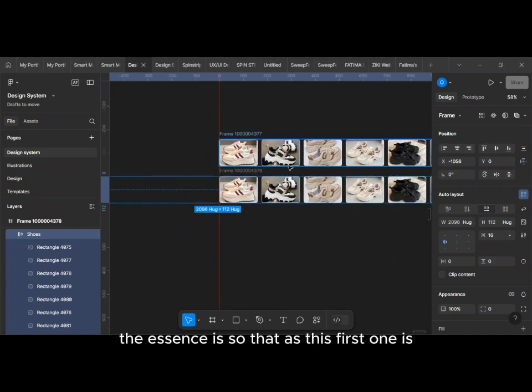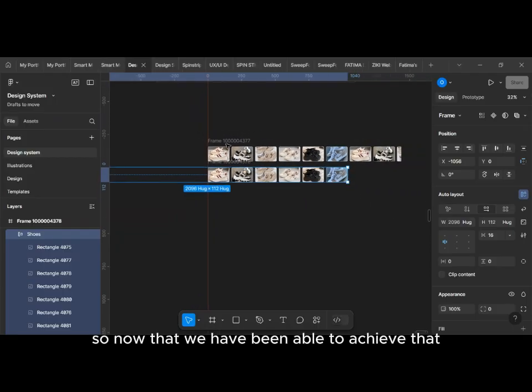The essence is so that as this first one is moving, immediately the second one is also following it without having to shake the frame. We don't want the frame to shake. We want everything to be steady. We want a steady movement, all right? So now that we have been able to achieve that,